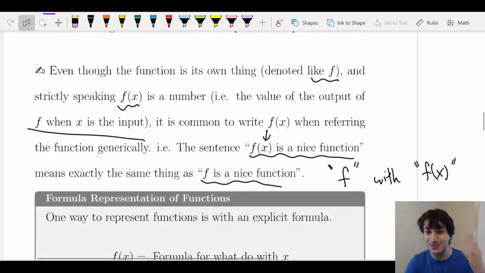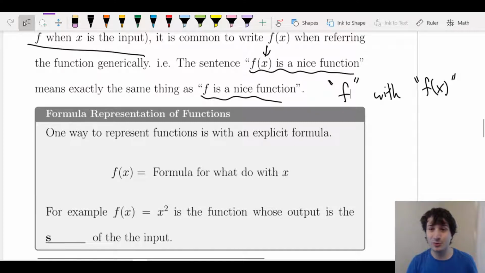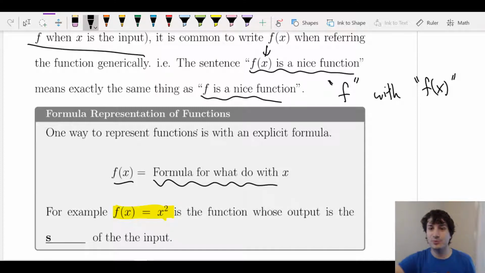Okay, so that's what a function is. How do we represent functions? Well, in this course, the most common thing is the formula, what I call the formula representation. So in the formula representation, we just give you a formula. We say the formula for f of x is do the following operations to x. So a formula for what to do with x. So everyone's favorite example is the squared function, f of x equals x squared. This is the function. You input x, and the output is x squared. So the output is the square